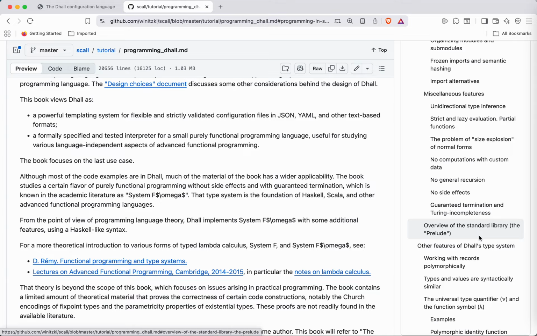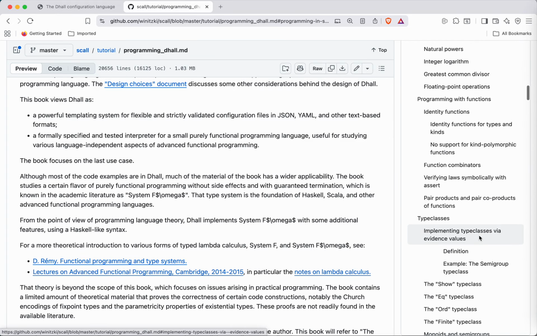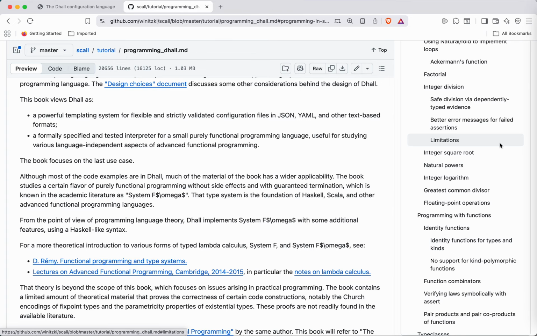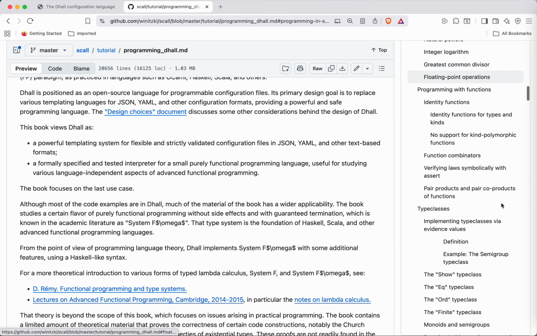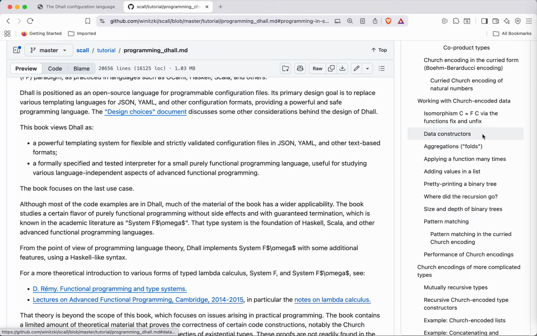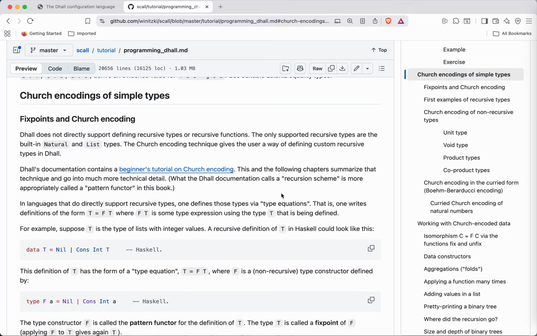The recursive types, such as lists and trees, and recursive functions on them, such as loops and folds and filter and map and so on. You would like to program with your recursive types and data structures using those methods, and you can do that. However, it requires certain tricks, and these tricks are explained in the book. So the main tool for encoding recursive types is called the Church encoding.